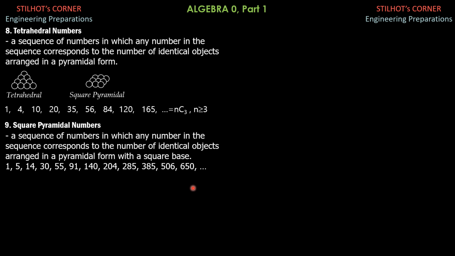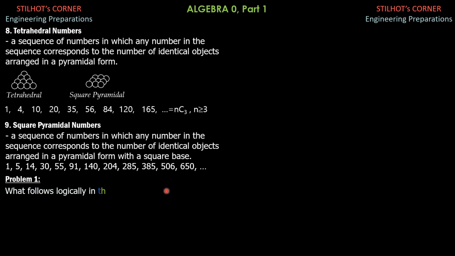So that's it. You don't really need to memorize. Just remember the definition and the shape of these number arrangements. Tetrahedral is a pyramid where the base is always an equilateral triangle, or triangular numbers. Then we have square pyramidal, which is still a pyramid, but the base is a square. So that's the principle. So let's have these two examples.